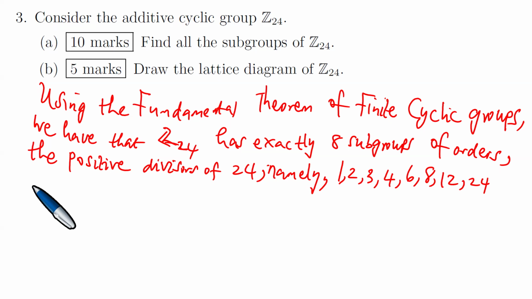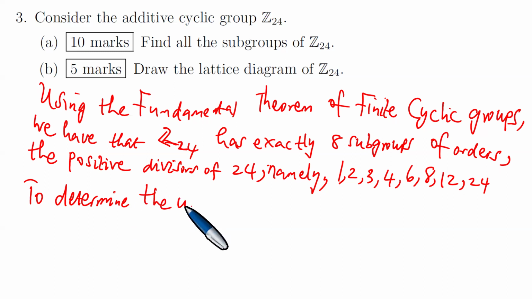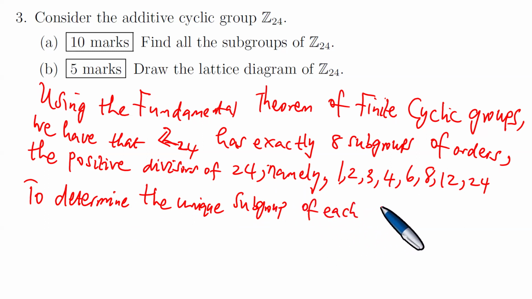If those are the divisors, then to determine the unique subgroup of each of these orders,